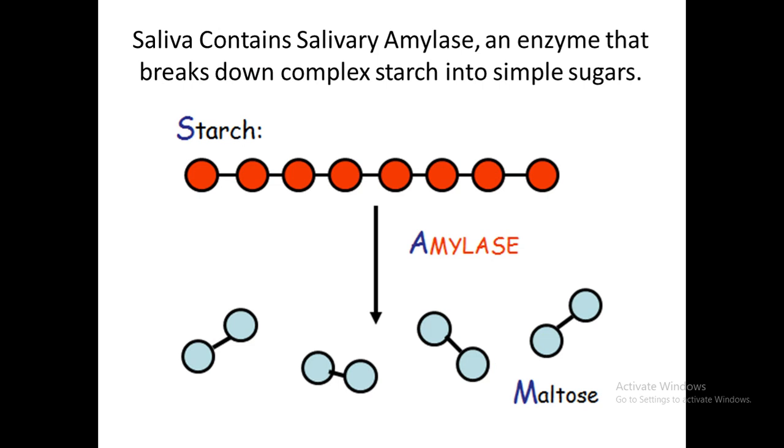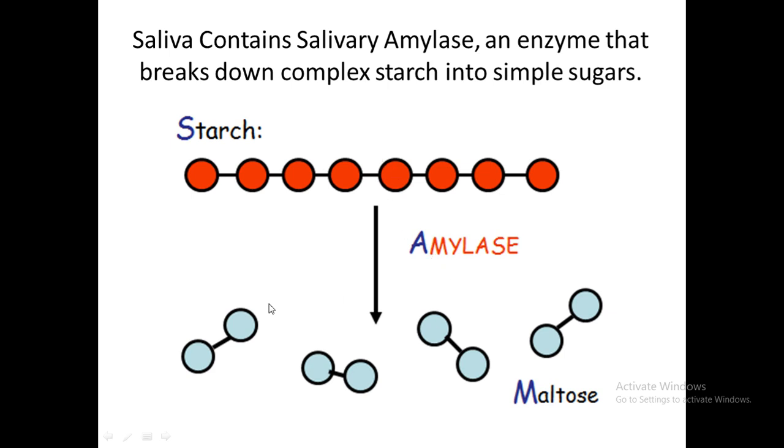Mostly food contains one very complex structure that is known as starch. Starch is present in almost all substances, and it is a very complex structure. It is one form of carbohydrate, a very complex carbohydrate. Saliva contains one enzyme, known as salivary amylase, an enzyme that breaks down complex starch into simple sugars. If you consider this is the structure of starch, it is a very long structure. When it mixes with saliva, which contains salivary amylase,